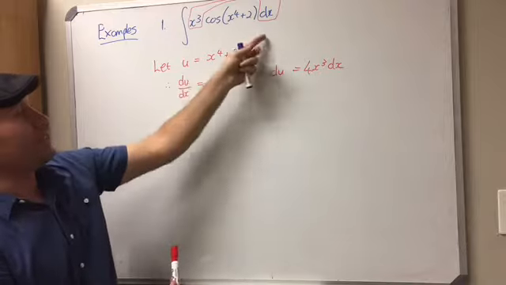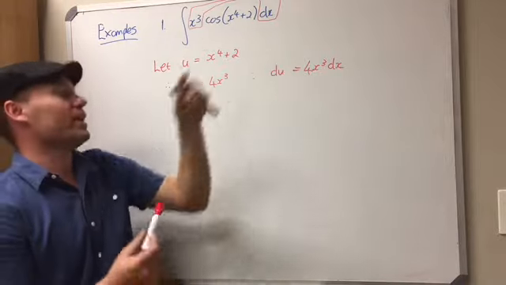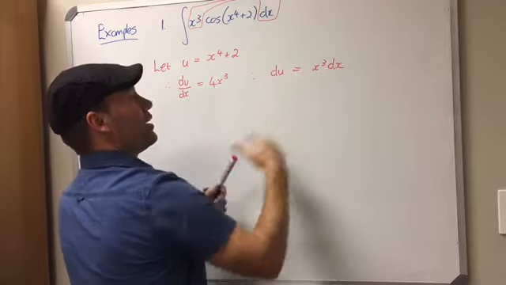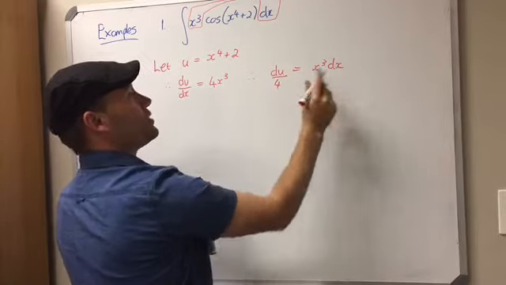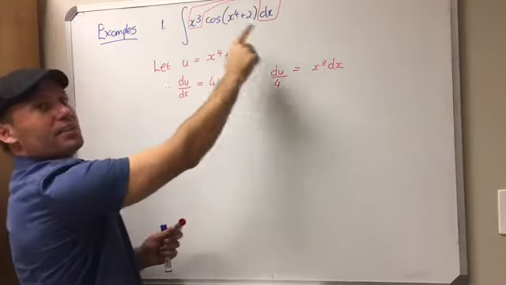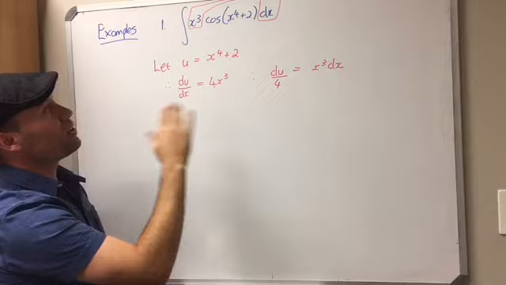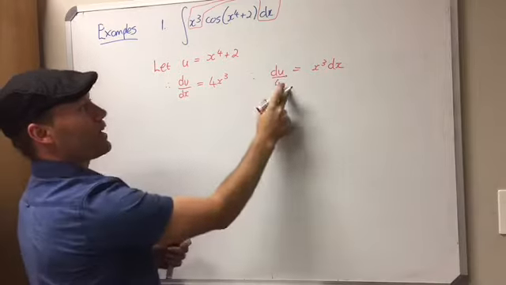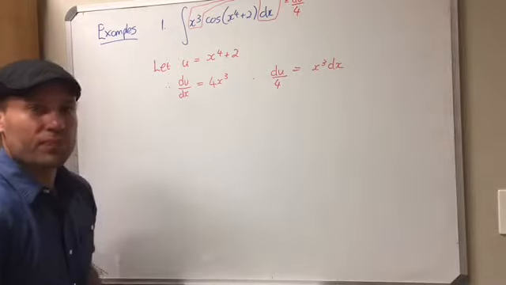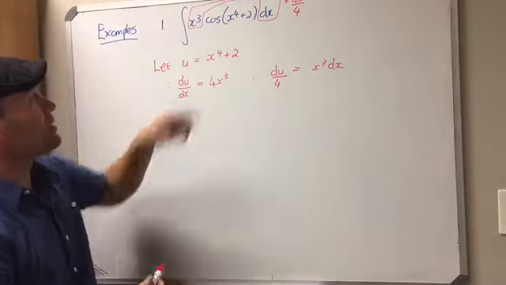we've got an x cubed dx, but du is 4x cubed dx. So I can just say, oh well, du over 4 is x cubed dx. And that would completely account for this part of the integrand. The x cubed dx can be replaced with du over 4. And this part over here